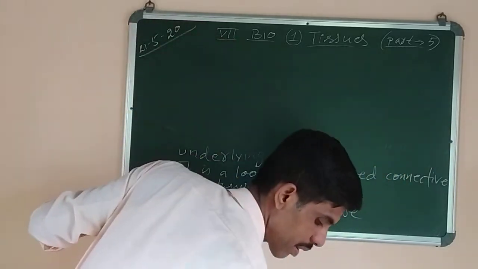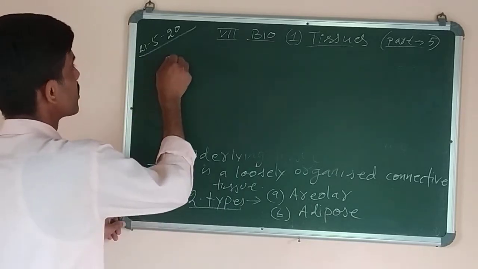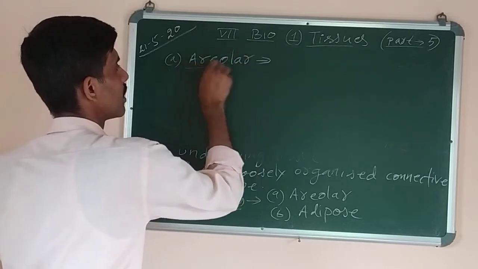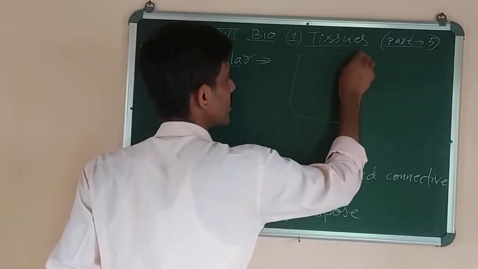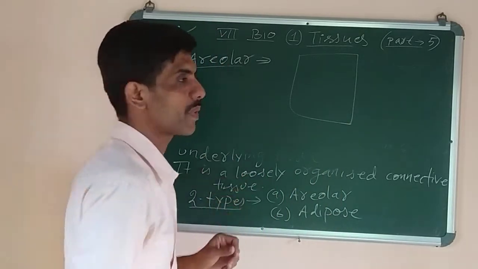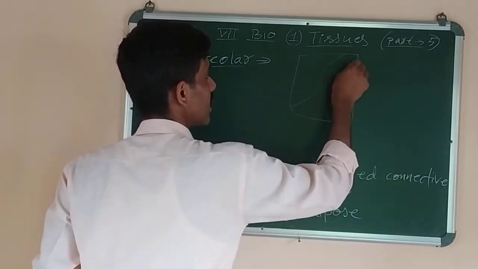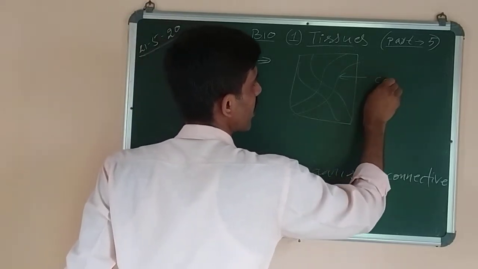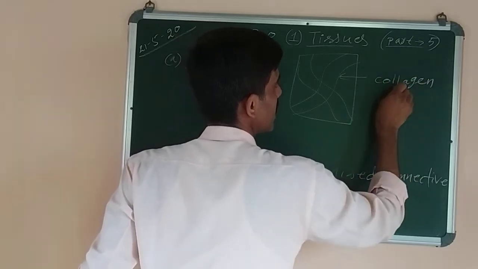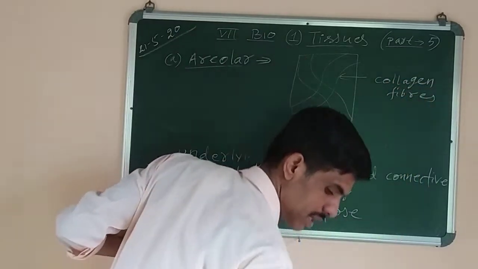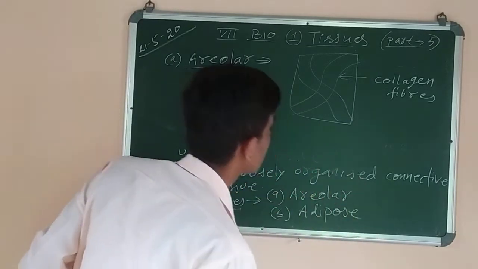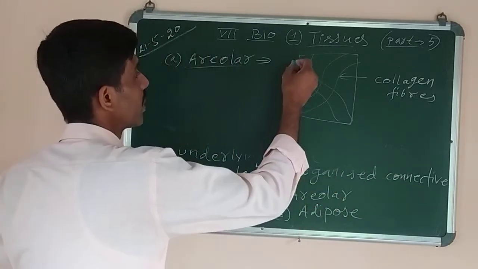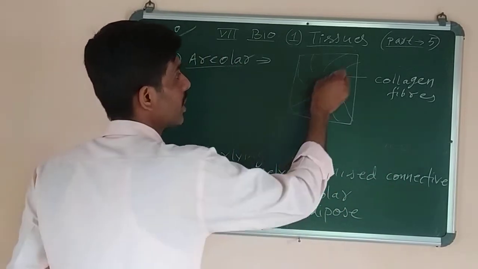Okay. Now next we have to start areolar connective tissue. Number A, I have written areolar connective tissue. Now look at the diagram of areolar connective tissue. Areolar connective tissue is made up of two different types of fibers. This thick fiber, like this ribbon I have drawn, is called collagen fiber. What is it called? Collagen fibers. And the thin fibers, I just changed the color so that you can see. So this one is like a thread, like I am drawing. Just check.